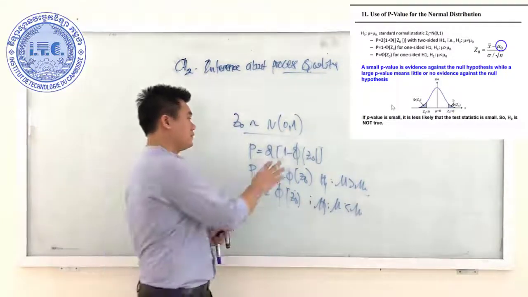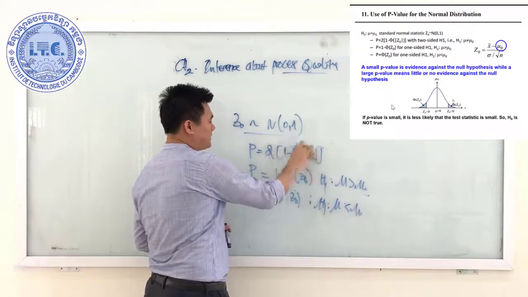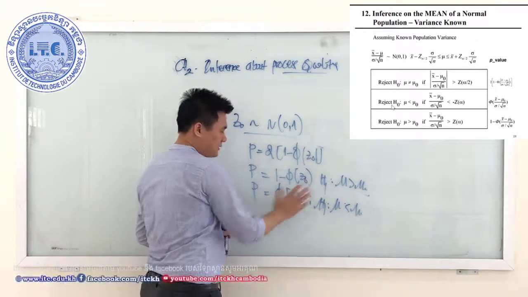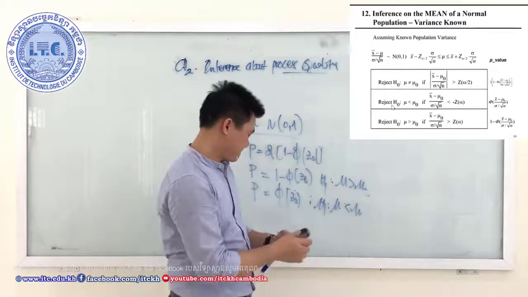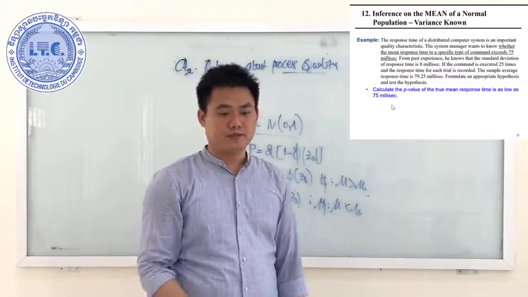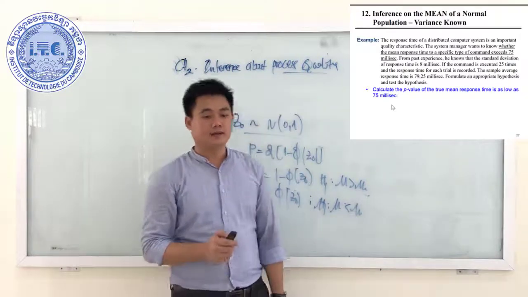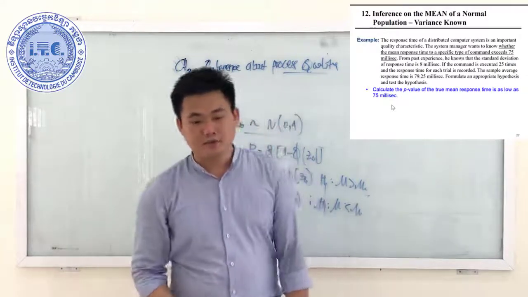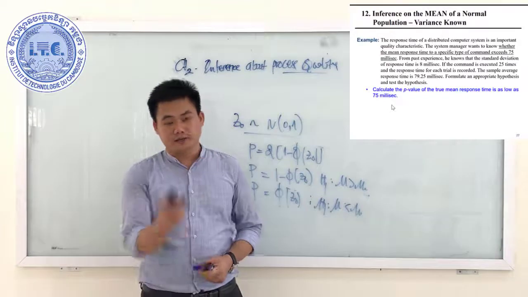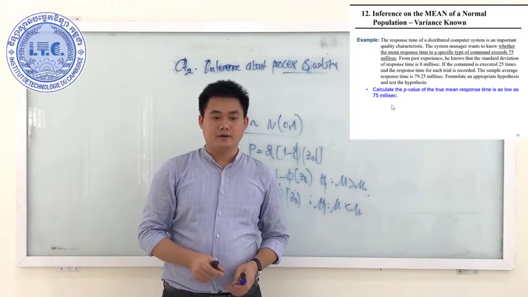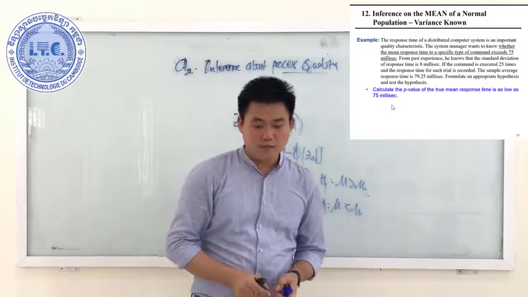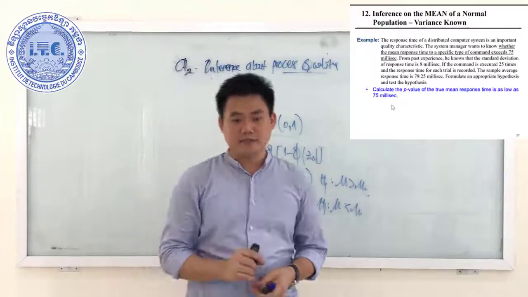From the z value, this is a probability, 1 minus. So is it two sides or one side? Upper side, lower side. They assume that your population is normal. This is the way you have to calculate. There is some example, the same as what we talked about earlier. You have to find the p value from the example. In this chapter, you have to find the p value. What is the p value going to be from the example? The same response time of the